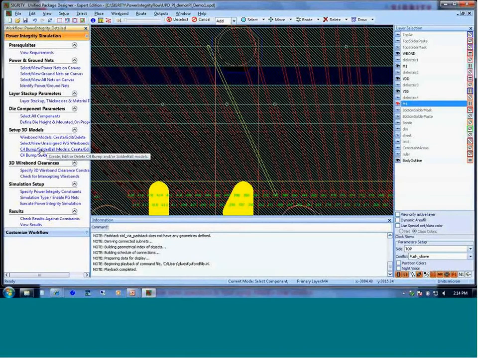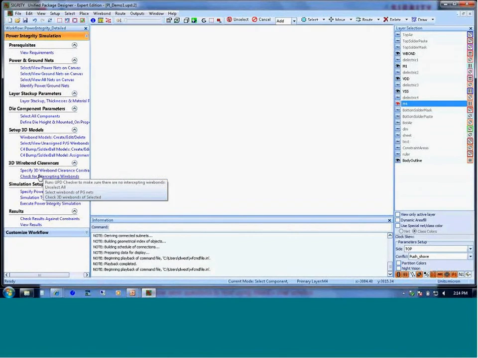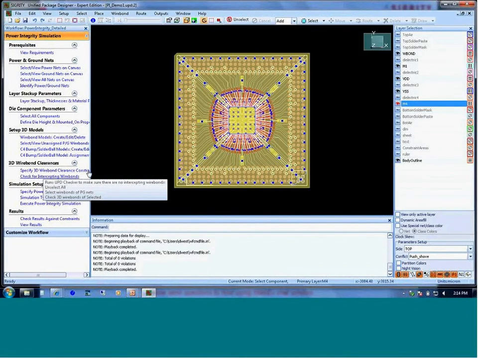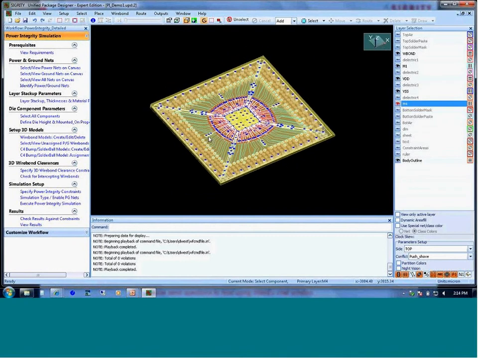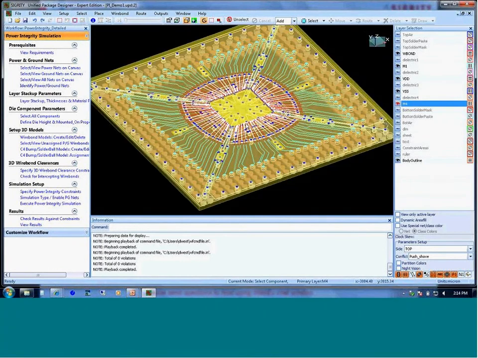Before a simulation can take place, we need to make sure wire bond profiles are not shorted together, thereby causing the simulation to fail. UPD quickly checks all wire bonds for interceptions. It also brings up the 3D view of the package,